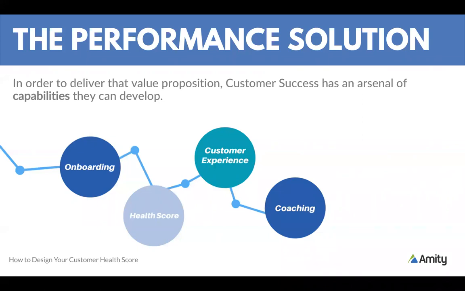And one of the first places to start when you're thinking about improving your customer success performance is asking yourselves, do we have all of the capabilities we need to deliver the value proposition? Because the lowest hanging fruit is to add a missing capability. So if you can only walk on your left foot, you'll probably hop and not be very fast. And if you can add a left foot and a right foot, then you can run and go a lot faster. Okay.